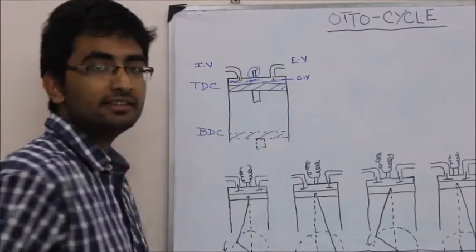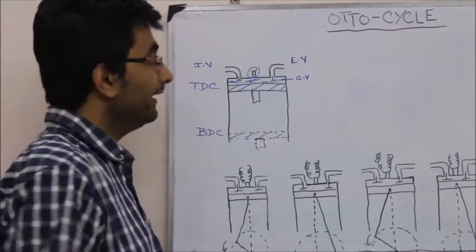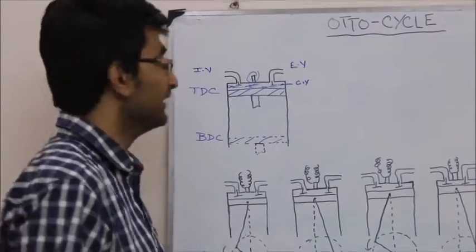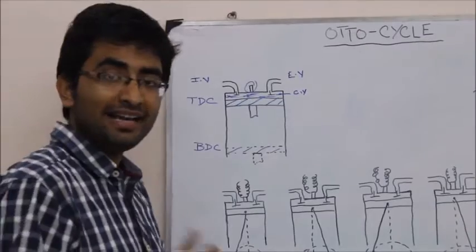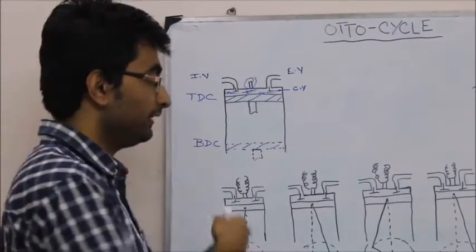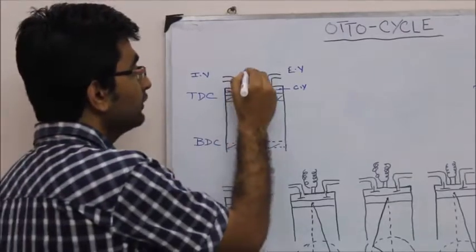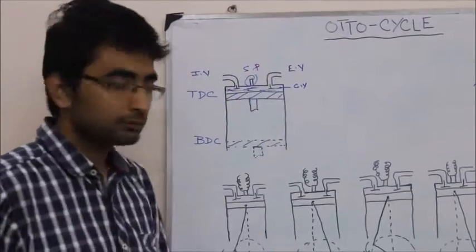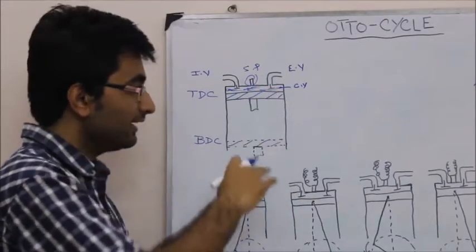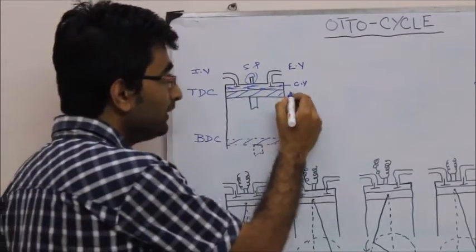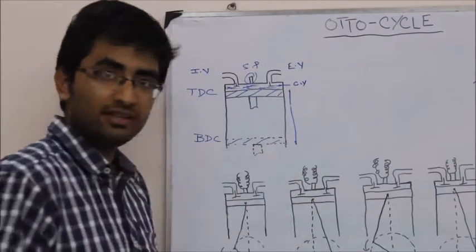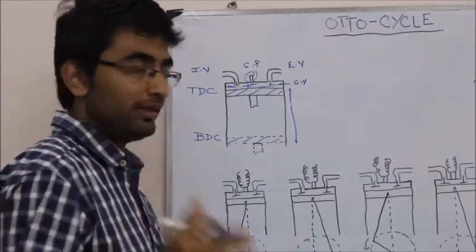This is the spark plug. In an SI engine, that is a spark ignition engine or petrol engine, the spark plug ignites the mixture, which I will explain within a few minutes. Now when the piston reciprocates inside the cylinder, the total volume that is covered is known as swept volume, SV.